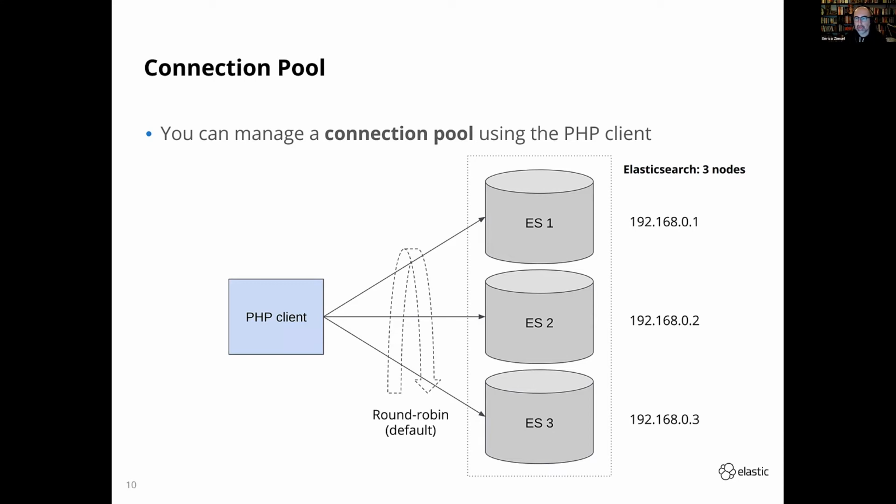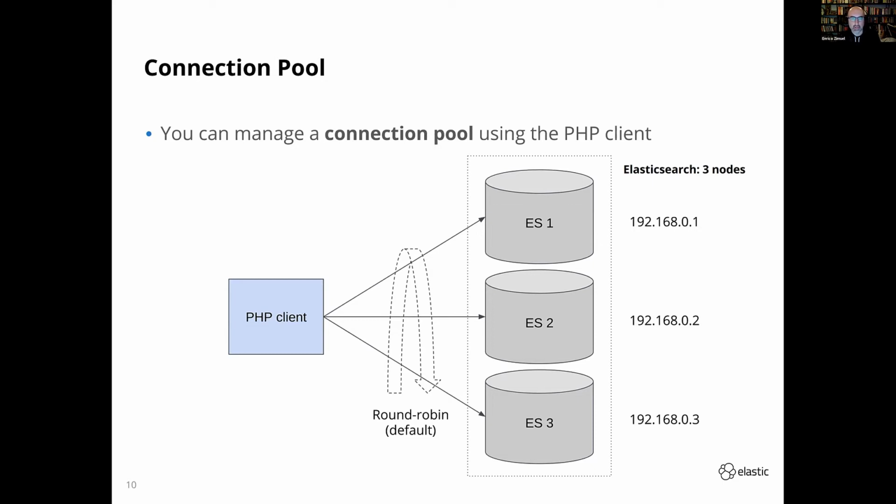So this is important because if you are not using a client, an HTTP client, but you are just sending requests straight, for instance using any HTTP library like Guzzle or even curl in PHP, you need to implement this architecture by yourself, because otherwise you will send the data to the same node. And for traffic, for performance reasons, this is of course bad, especially if you have a